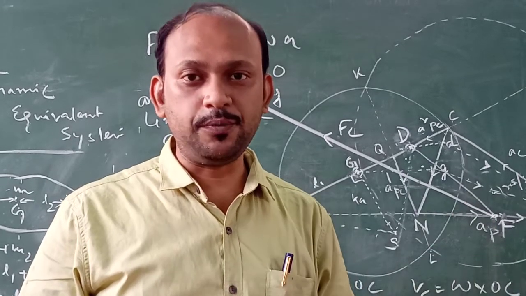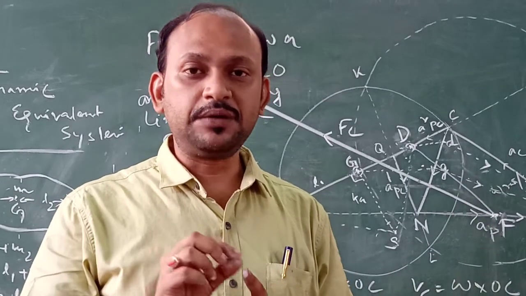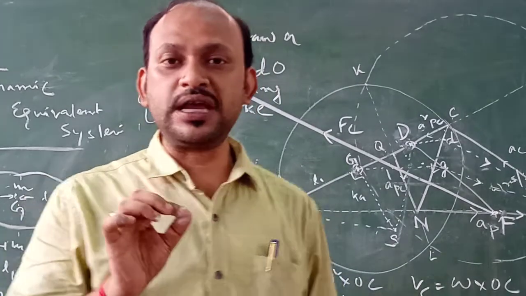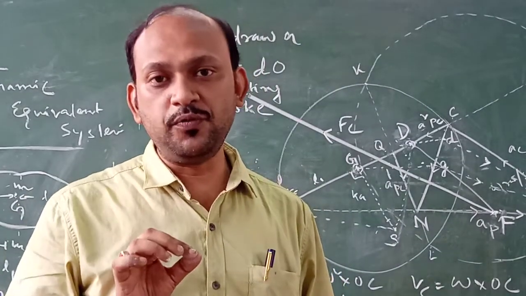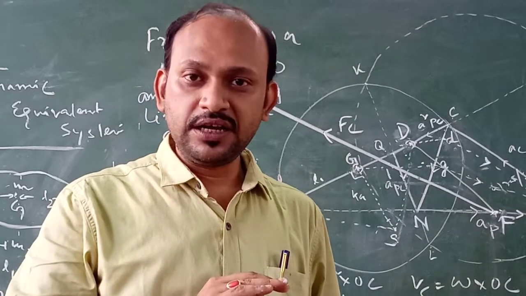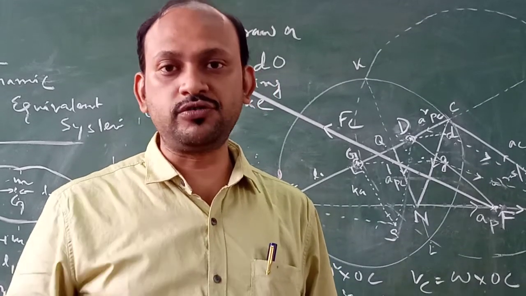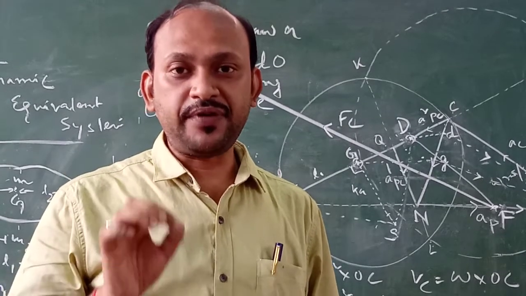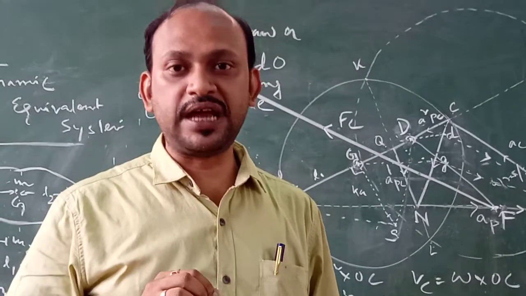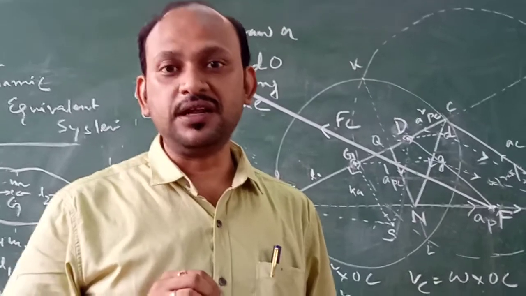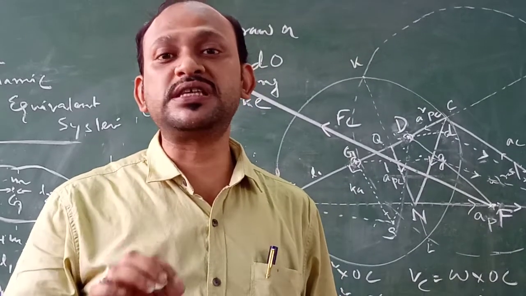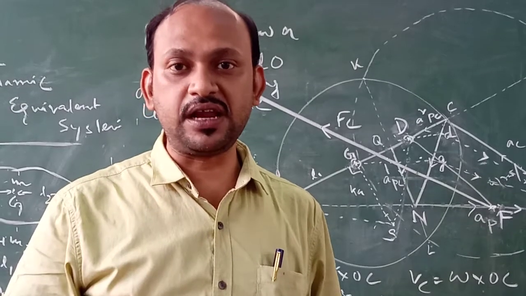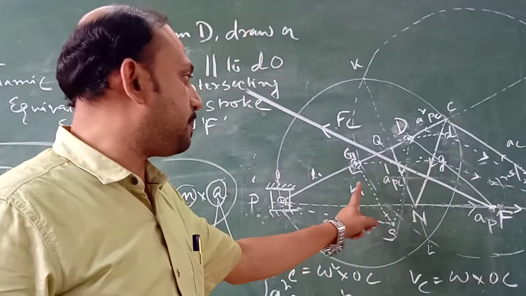But here there is a problem. What is that problem? The mass that we are talking about does not have a fixed type of movement. That means either it should purely translate or it should rotate, but it is having a mixed movement. So at any point of time, finding out the position or the acceleration is somewhat difficult, because this acceleration will always have two components. One is the tangential component, another is the radial component.